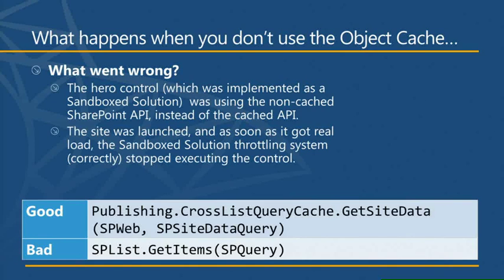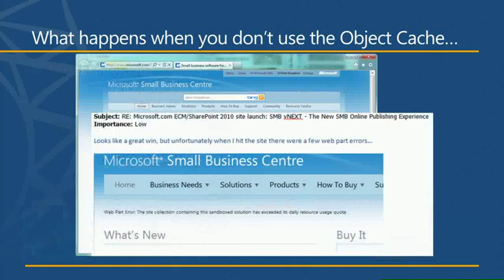We're going to overuse resources, and so that control is going to get shut down. And that's good, right? We want unruly controls to get shut down, but we don't want them to be rendering that kind of stuff, right? One of the biggest problems we have with sandbox solutions from an end-user perspective is there's no good way to degrade gracefully, right? There should be a better display than that. But anyway,